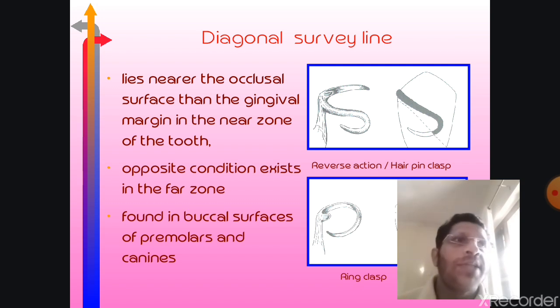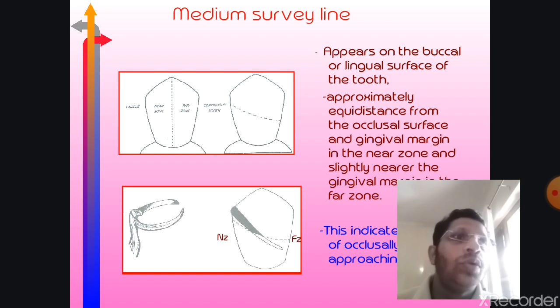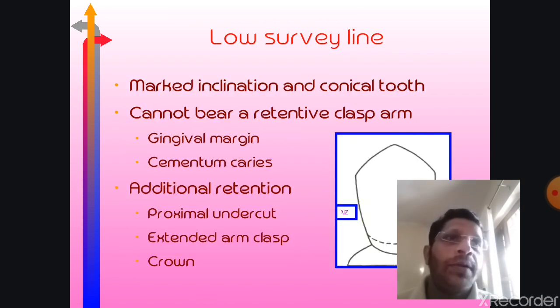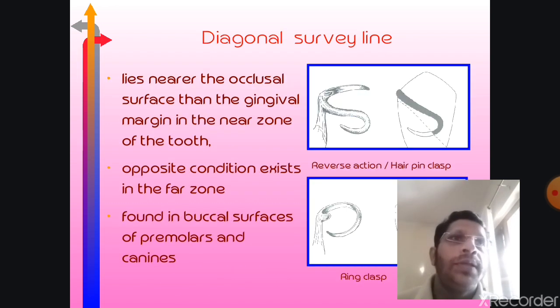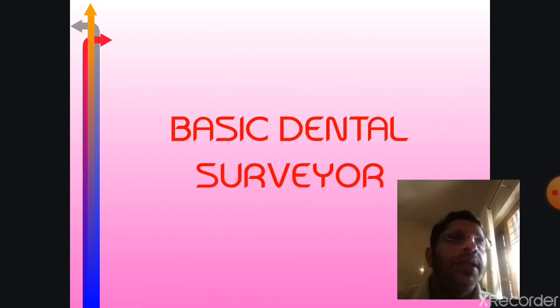You can give reverse action or hairpin clasp and ring clasp in case of diagonal survey lines. Occlusally approaching clasp is given in case of a medium survey line, but when it comes to diagonal survey line, the clasp which you will give is reverse action or hairpin clasp, or you can give ring clasp. So the clasp design also is based on the survey line which is there in that particular tooth. Now we will move on with the